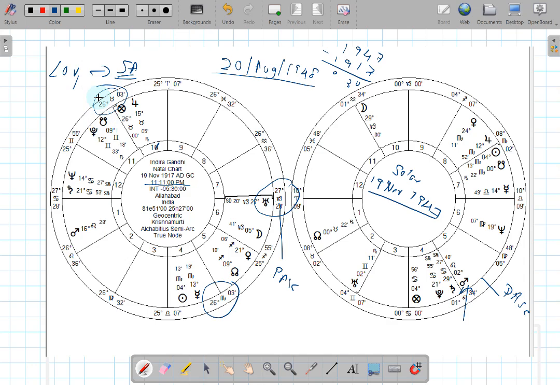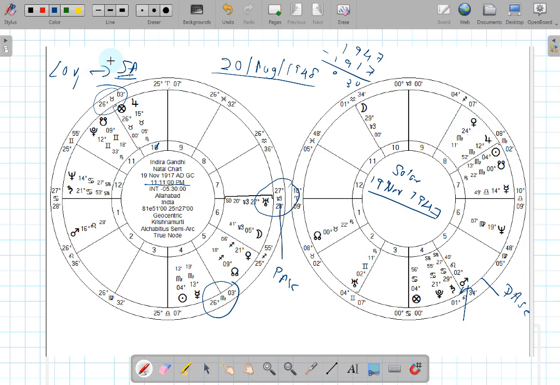So imagine that now you have a perfected ascendant, so you could create a new chart with Capricorn as the first house. Aquarius will be the second house. So that way, you see, Venus happens to be the fifth lord of the perfected ascendant. Now see in this chart, Venus is at 24 degrees and Saturn is at 29 degrees. And why Saturn? Saturn is the lord of the year, right?